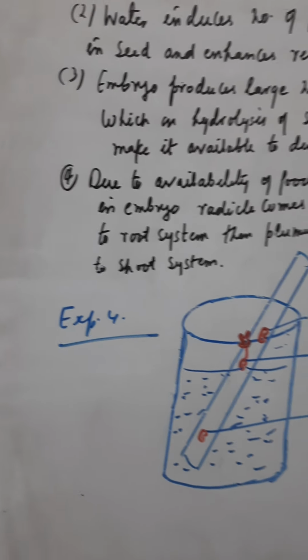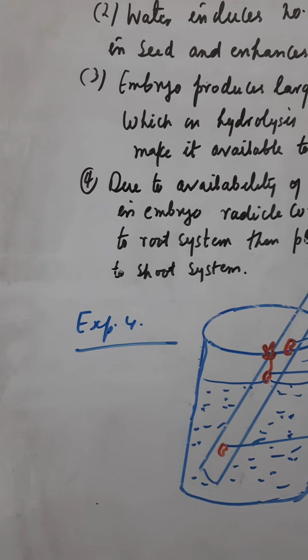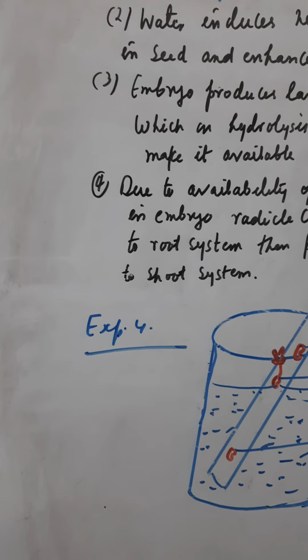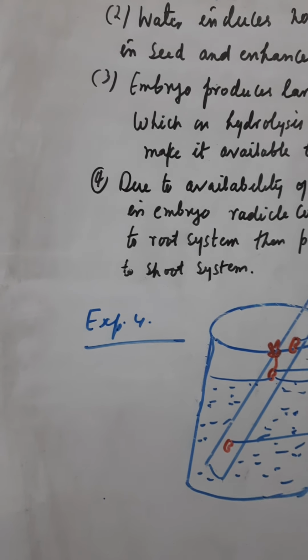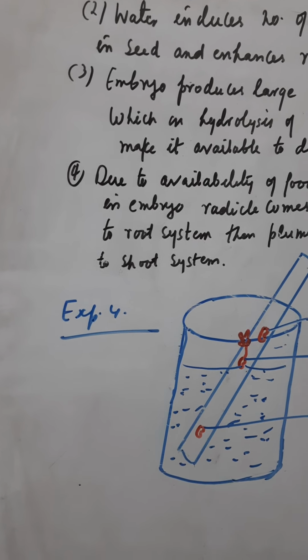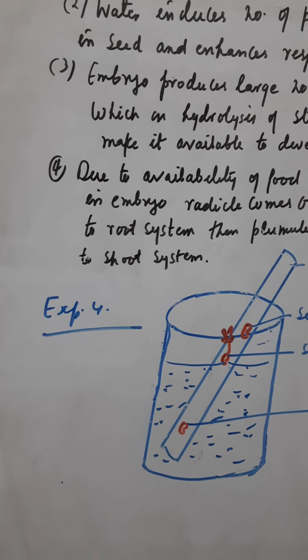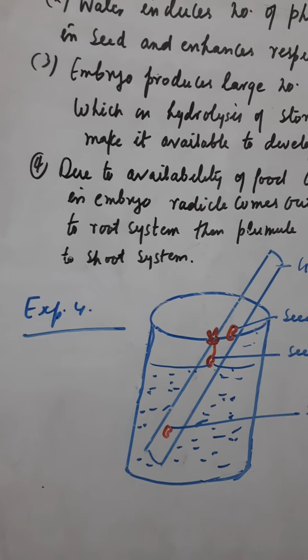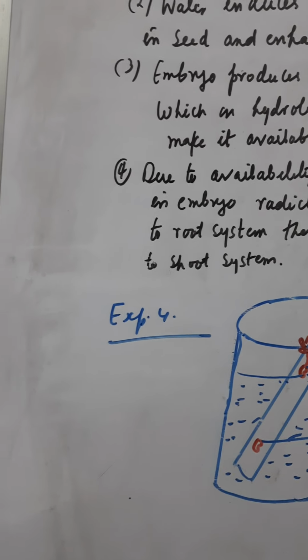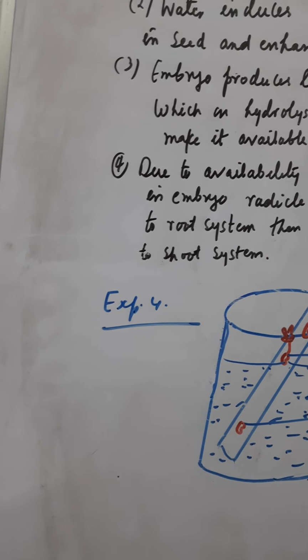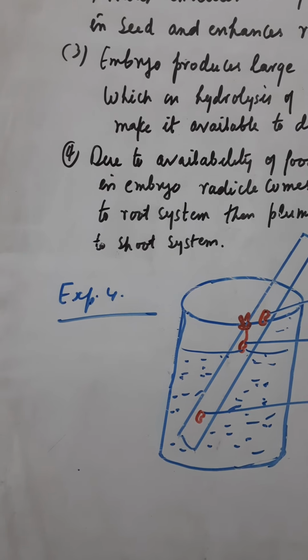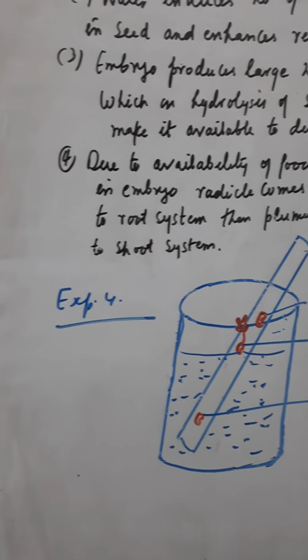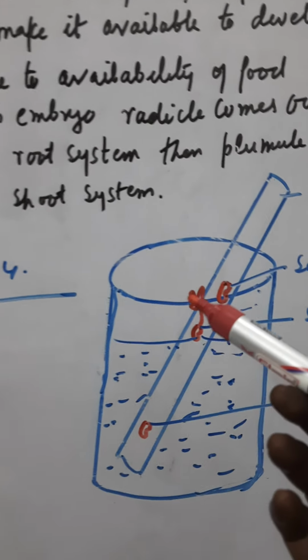Now it will be inferred that the seeds do not germinate in flask A because the oxygen in it is absorbed by the alkaline pyrogallic acid, whereas in flask B it will get oxygen, hence germination will take place. Now experiment 4 is to demonstrate that water, oxygen and optimum temperature are necessary for the germination of seed.